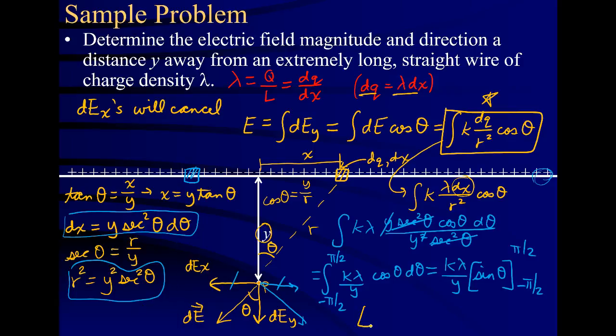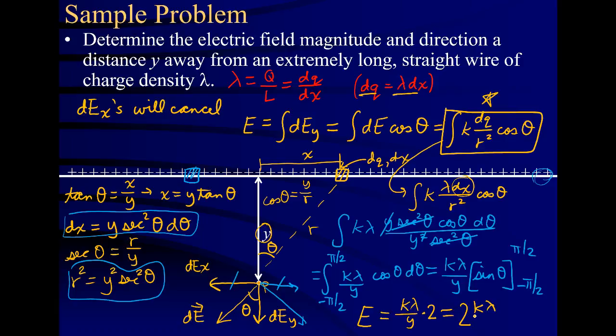The final answer for the electric field is going to be k lambda over y times 2. And that's it. Because when we plug in pi over 2 for sine theta, we get 1. And when we subtract the sine of negative pi over 2, we subtract a negative 1. So we simply get 2